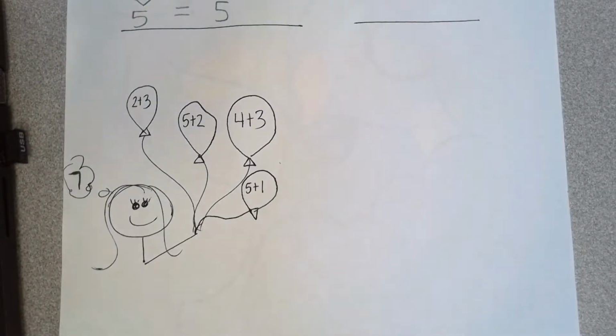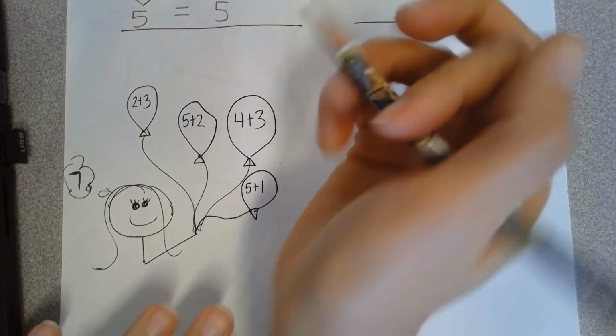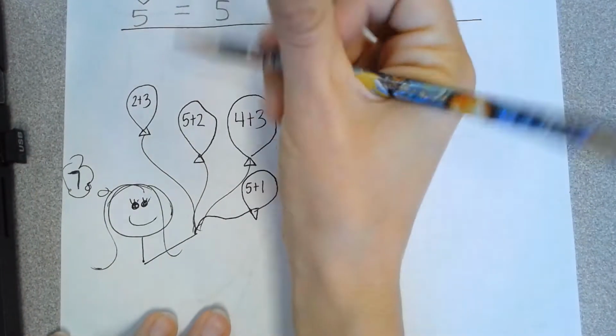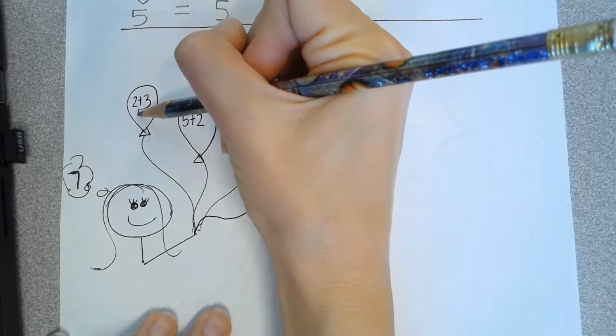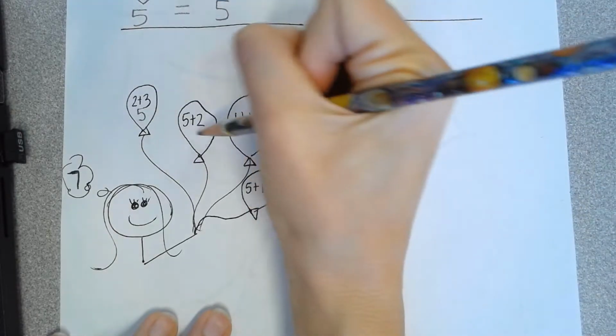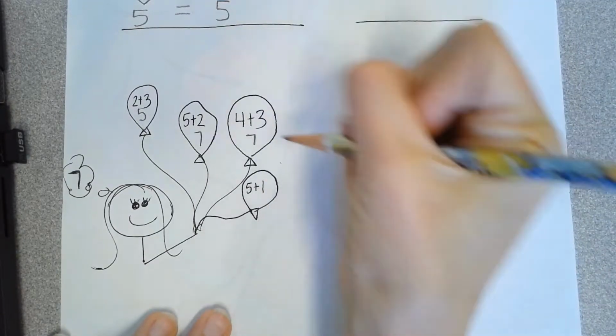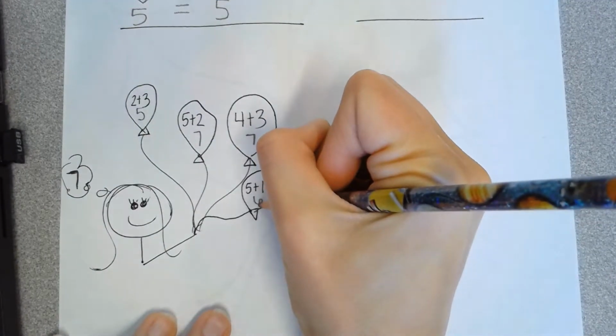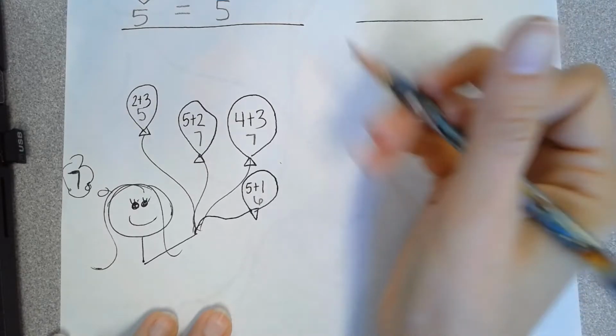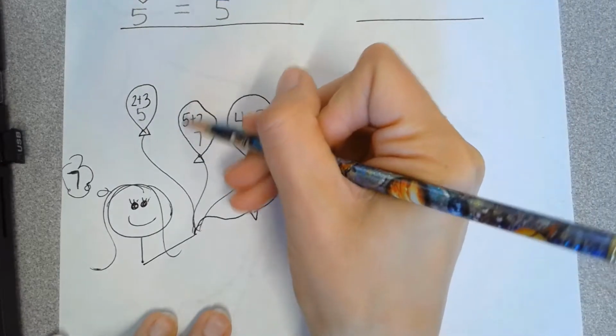Another type of problem that we did was we had to see which balloons match the number that she was thinking of. So in this particular problem, the student is thinking of the number 7. So again, they have to solve each problem. So 2 plus 3 equals 5. 5 plus 2 equals 7. 4 plus 3 equals 7. And 5 plus 1 equals 6. And over here, we had them find the two that were 7, and we had them color those in